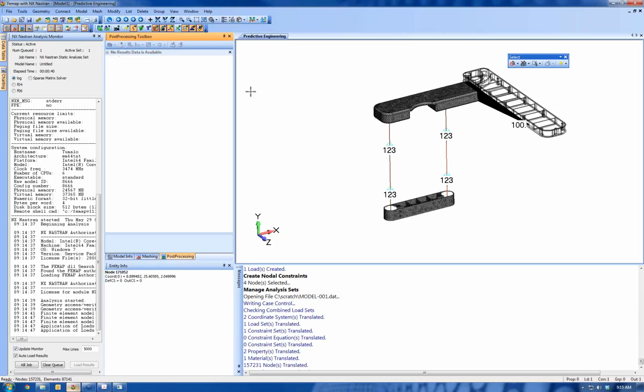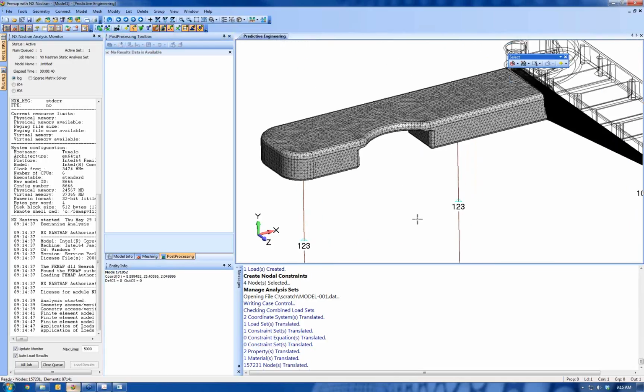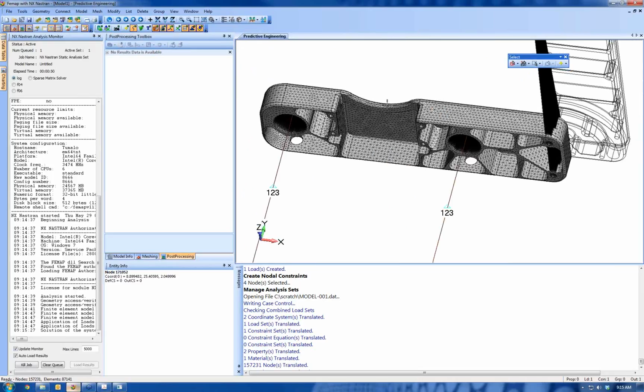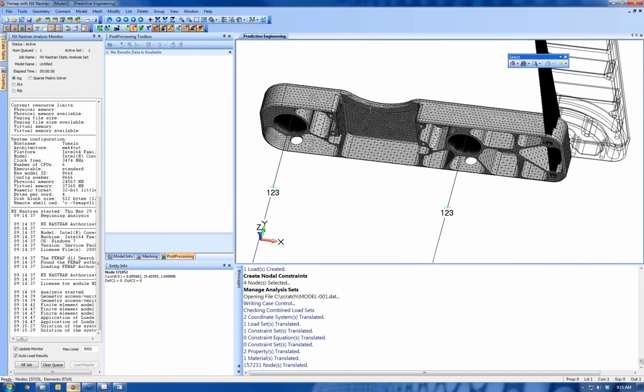We're going to put a free body diagram right through this section here. Say we want to know how much shear is going through this thin section of this machined part. Maybe we need to beef it up, and we want that information for the next design iteration. That's where a free body diagram comes in really useful. All right, so this